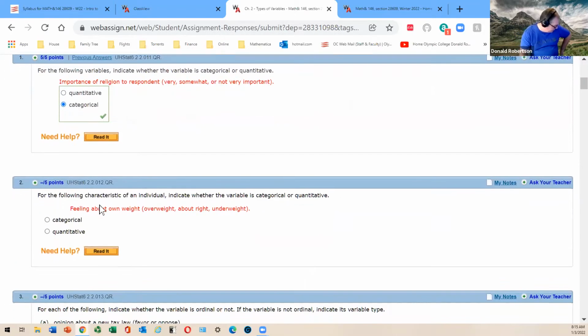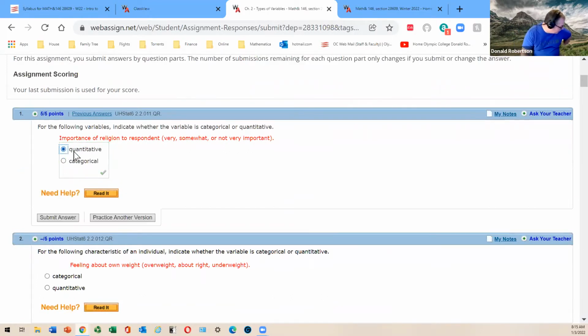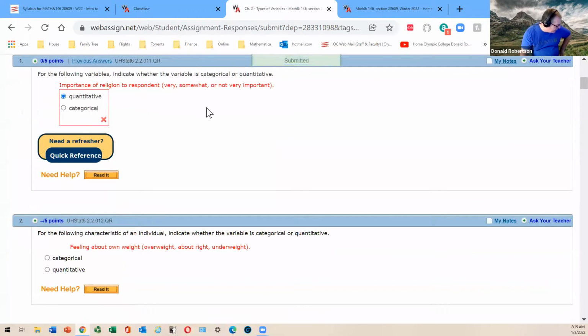And hey, you see my little green tick? I got it right. And if I got it wrong, although I'd probably not be able to do that, well, try it. Oh. I don't think anybody is going to change a right answer into wrong, but you may get it wrong the first time. If you need a refresher, quick reference,